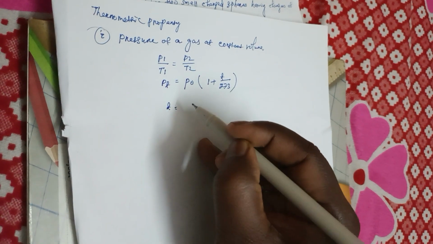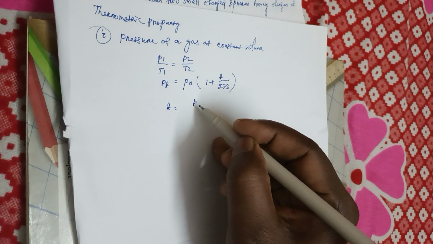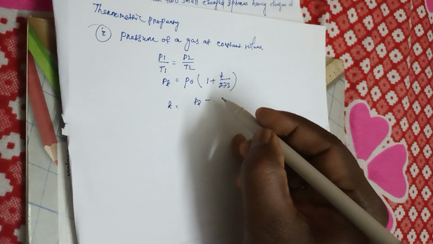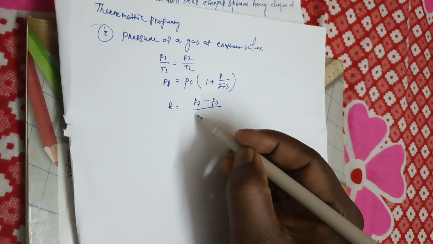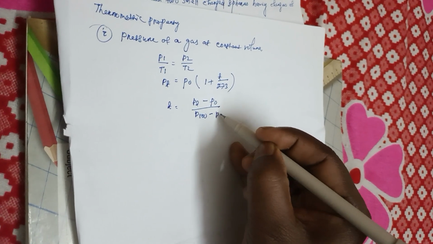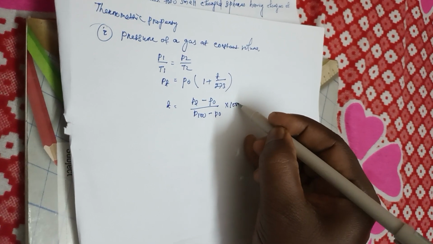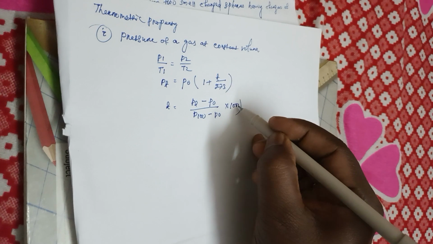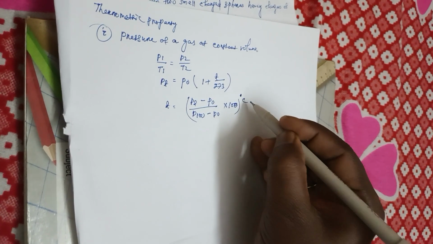T is equal to Pt minus P0 by P100 minus P0 into 100 degree centigrade,